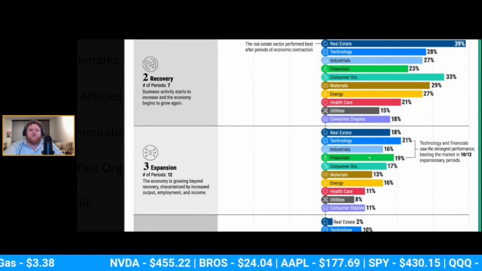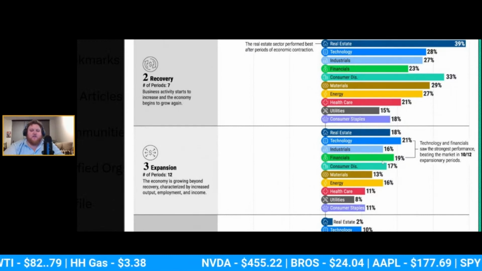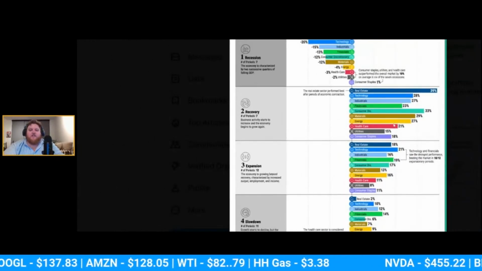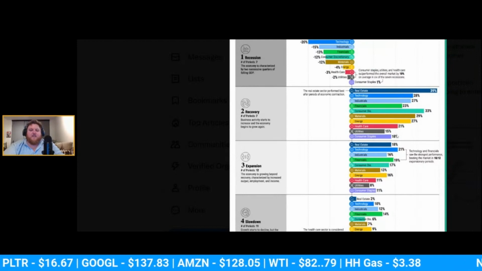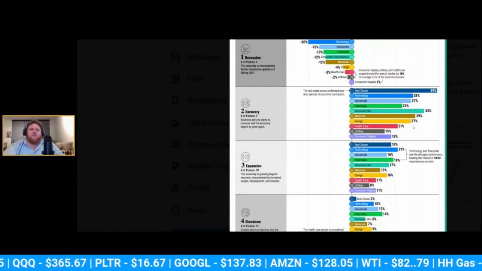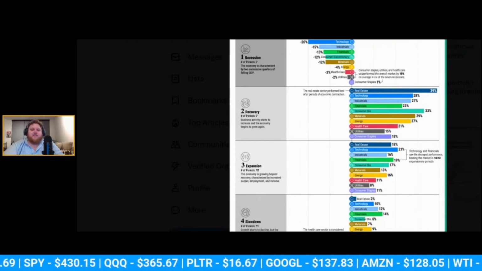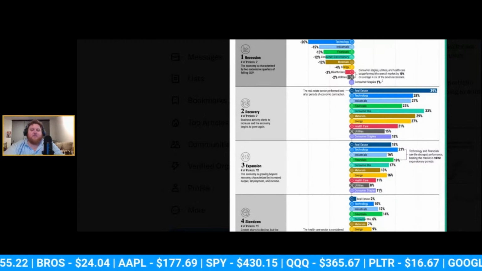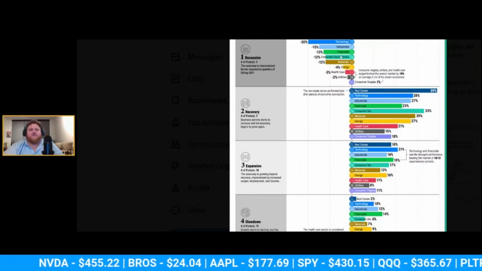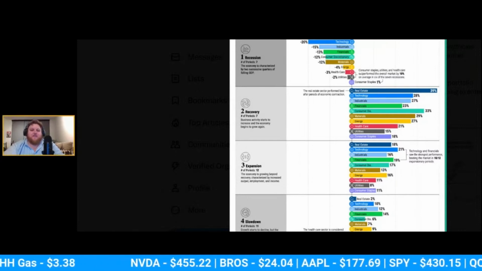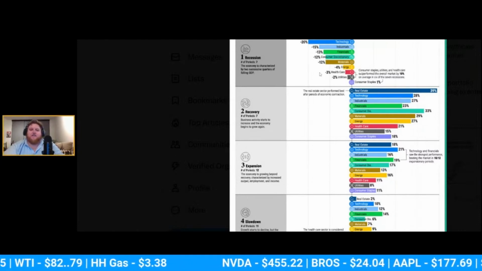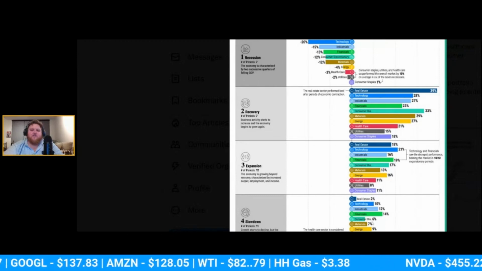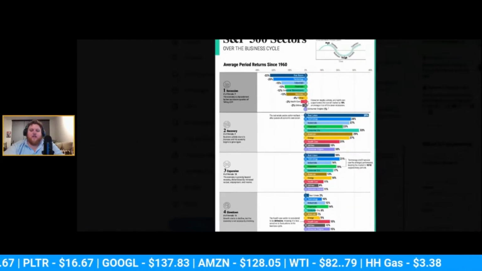During the expansion periods, real estate continues to do well, technology continues to do well, financials continue to do well. Everyone, generally speaking, does rather good. The thing I'm also noticing here is these sectors are generally returning 10 to 20% a year. You have some outliers, but it's pretty cool to see that during these 3 periods, most of these sectors are returning anywhere between 10 to 20% per year. Then when things start to slow down, at the peak or the recessionary periods, is where you start to see things go down into the single digits of growth or even negative growth.